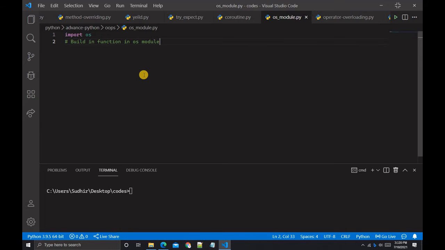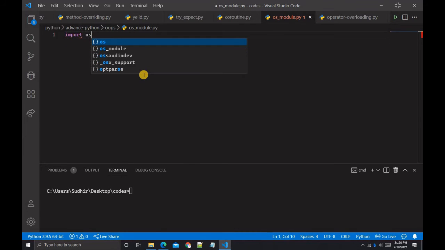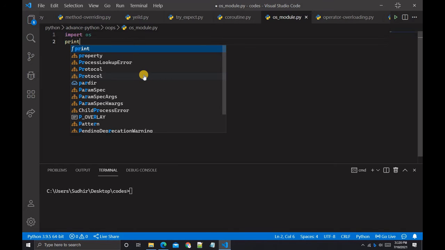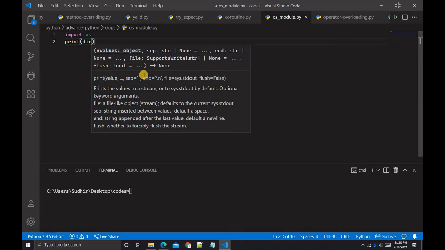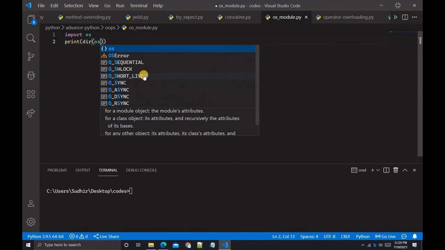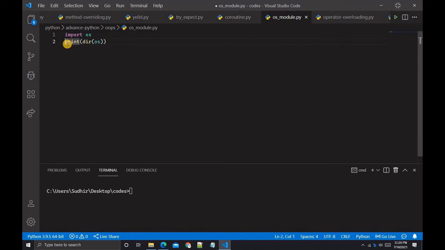And guys, now let's write some code in which I will add some comments. First of all, you have to type import os, and then we have to type print(dir(os)).